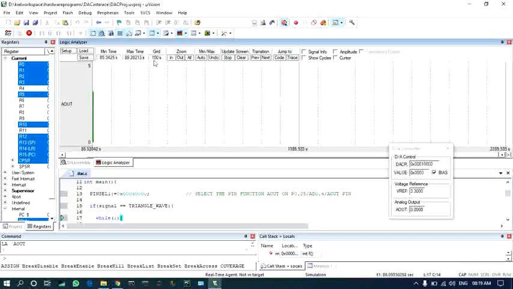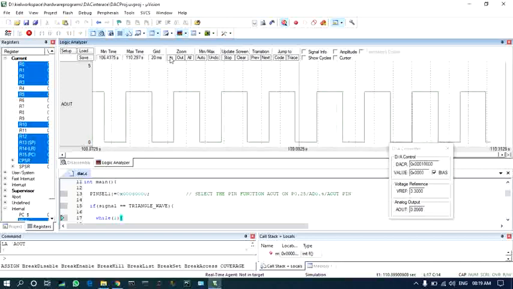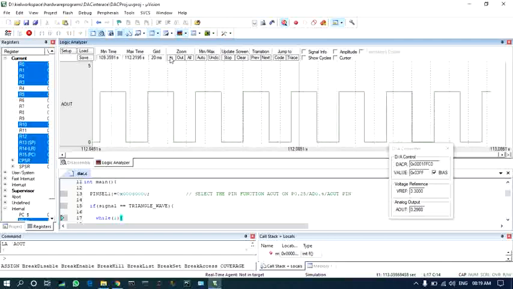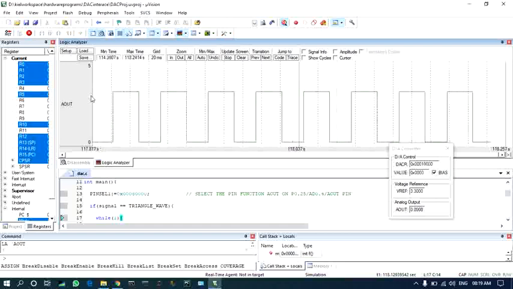See here, it is 100 seconds, so you cannot see the wave. The square wave we are generating is in terms of milliseconds. That's why zoom in. Apply zoom in and you can see the value. The corresponding voltage is at 3.3 volts.